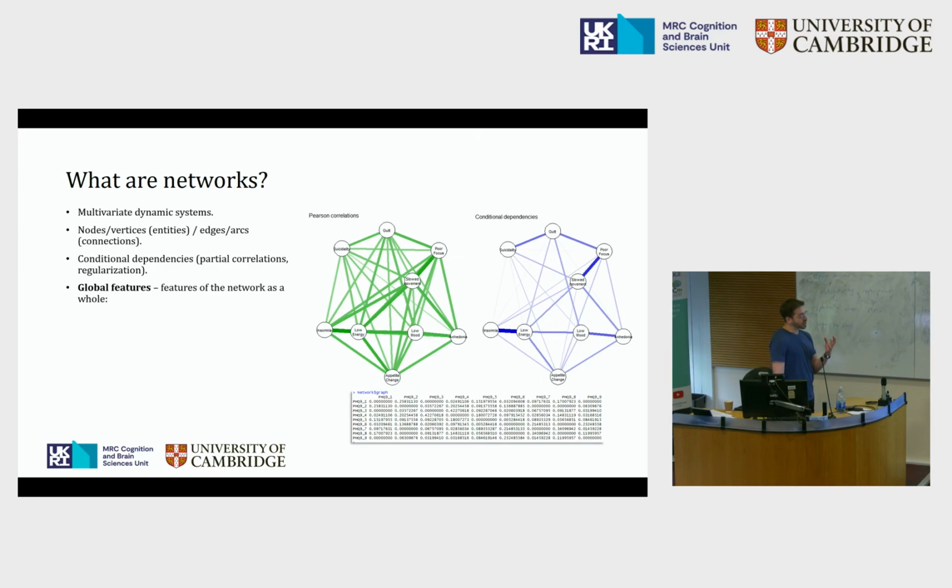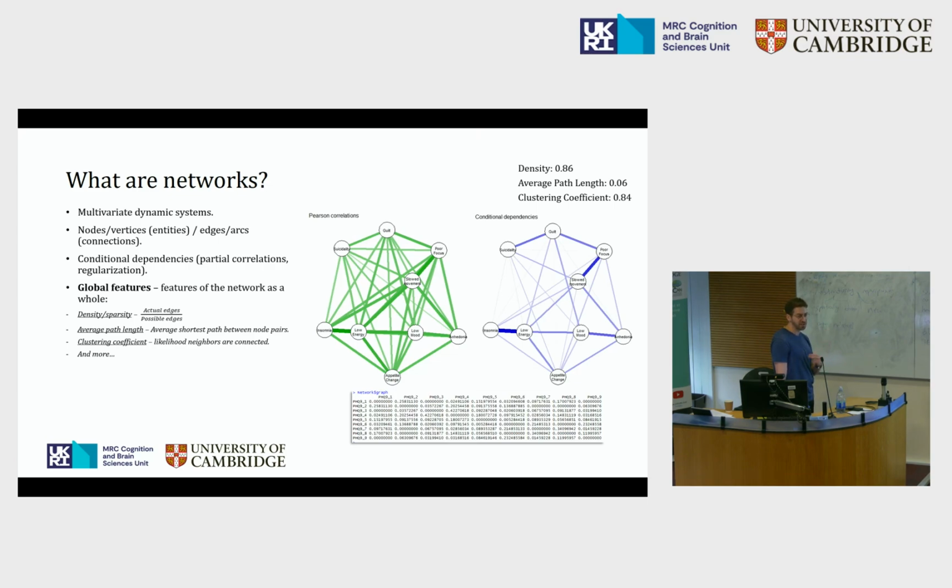And because this is usually a very complicated structure that is sometimes hard to follow, especially if I have a lot of nodes, I would usually also calculate some features of the network that can be either global features, features that refer to the network as a whole, or local features that refer to more specific elements within the node. So examples of global features, this is not an exhaustive list, but it can be the network density, meaning how much the network is either dense or sparse, that we get from looking at the ratio of actual edges to all possible edges. The average path length, sort of a measure of how fast information travels within the network,